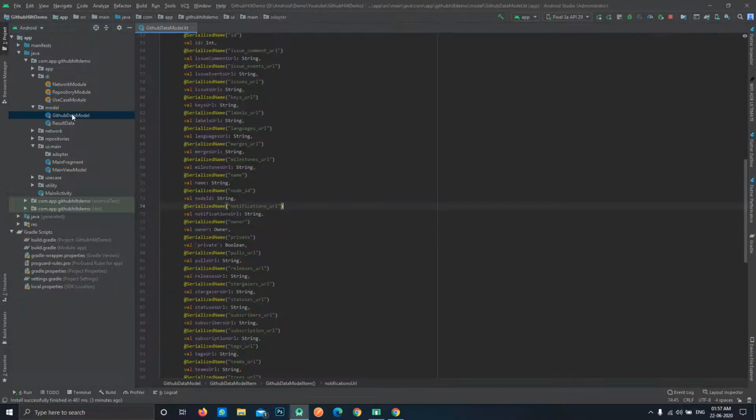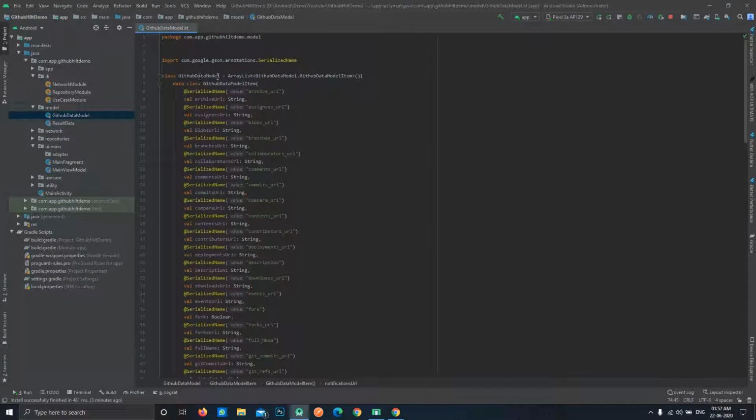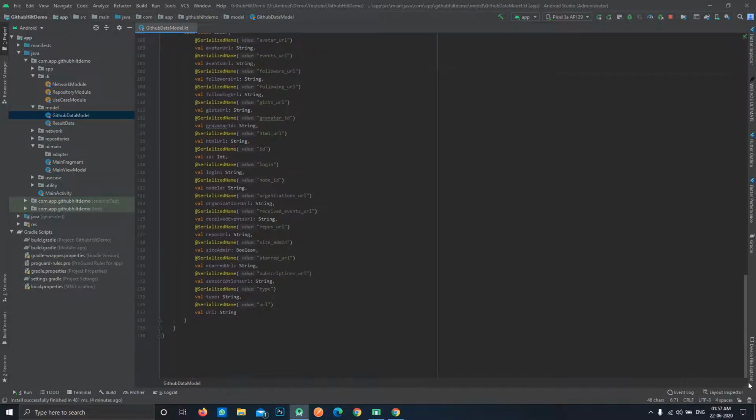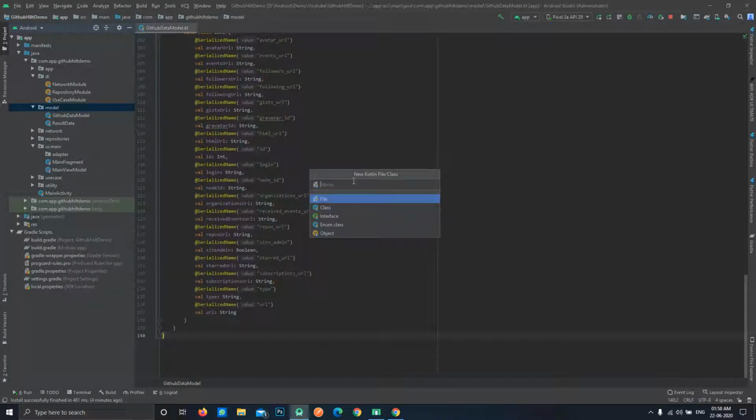Let me show you this with an example. Just open our data class where we require to check that list. Now we'll provide a list, similar to this ArrayList, directly to the view model. But we need to create a new class over here. You can create a separate class, so let's create a separate class. This class will be our DiffUtil class.